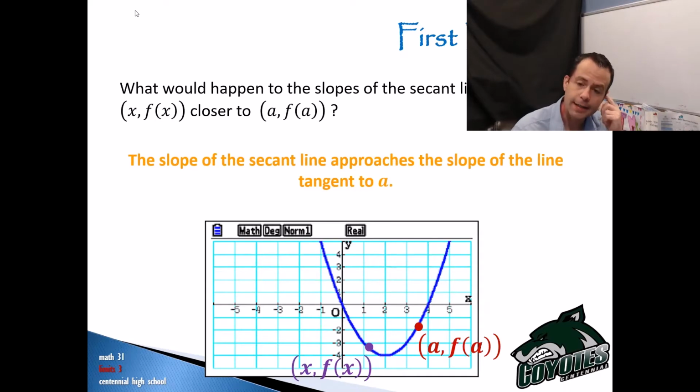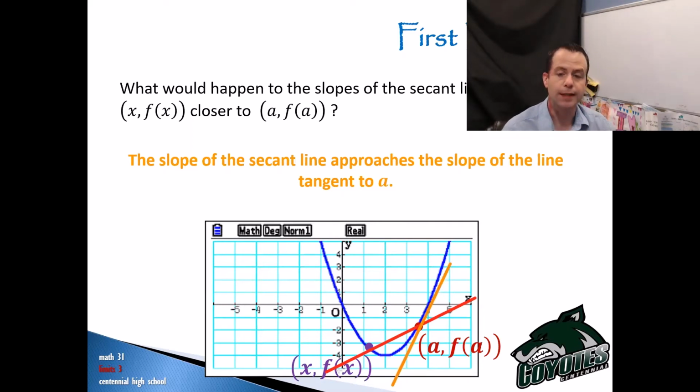Okay, so if I had a secant line, let me draw that in for you for a sec. Just like we did on the other example when we were fixed to the vertex, here is the secant line. And what we're saying is, here's the tangent line that we ultimately want. Now, I'm just kind of throwing that in, so I may not do a good job of drawing it as a tangent line. Okay, but what we're saying is, as we can make x, the point x comma f of x, approach the point A comma f of A, that secant line, the slope of that secant line will approach the slope of the tangent line